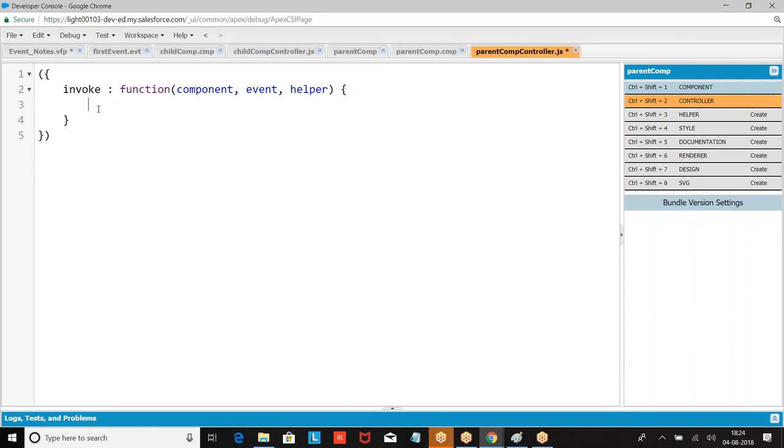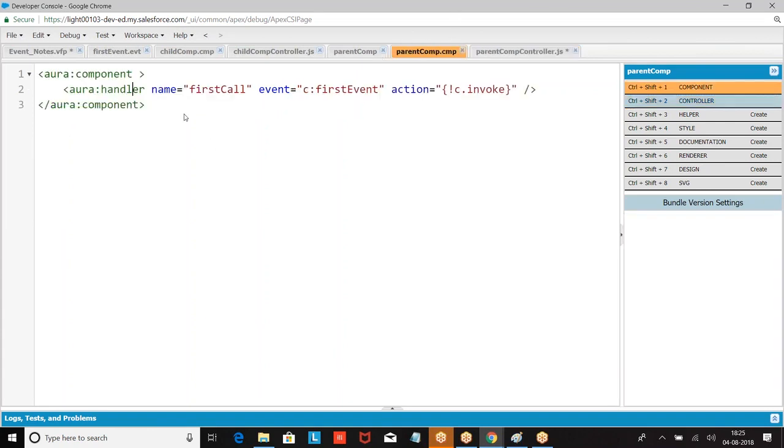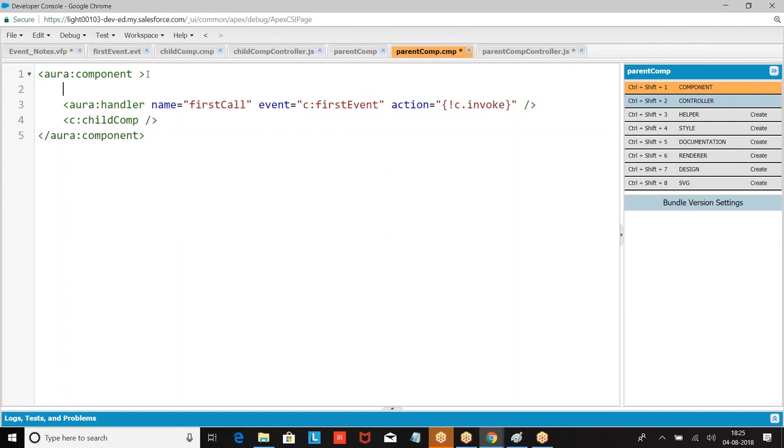Now, this parent component has to handle it. If you want to handle it, what I was supposed to do? Name equal to event dot, that event fired. Which event? Event dot get param emp name. Then what you want to do? C dot. Then I'm giving some attributes also. Attribute name equal to